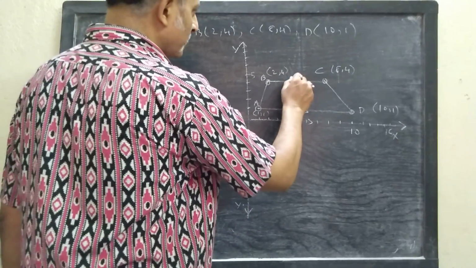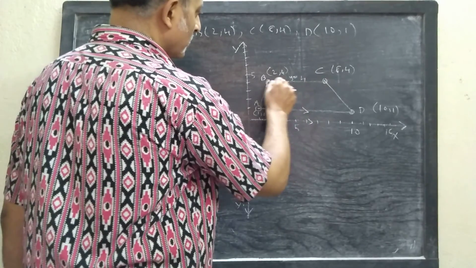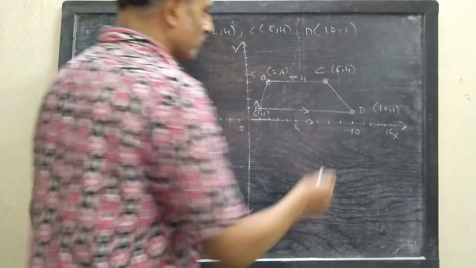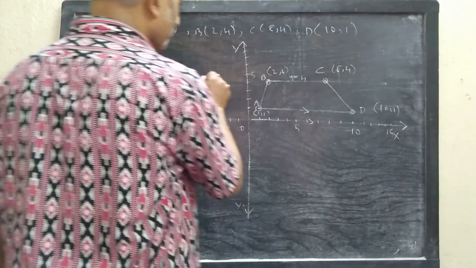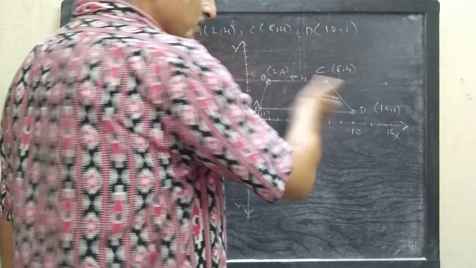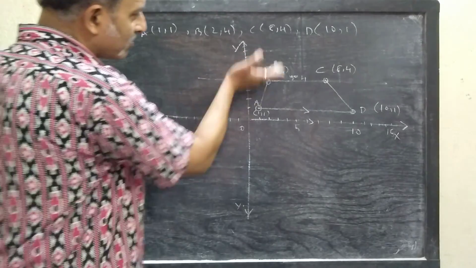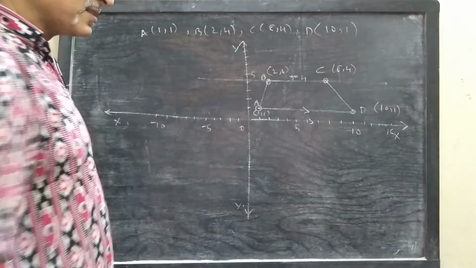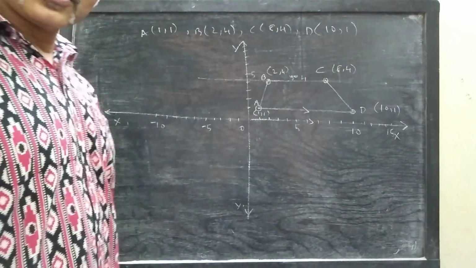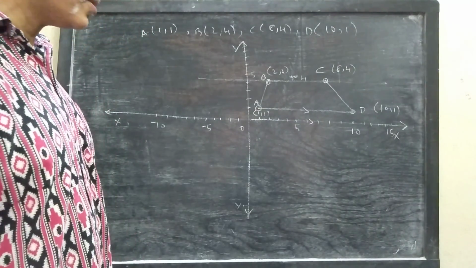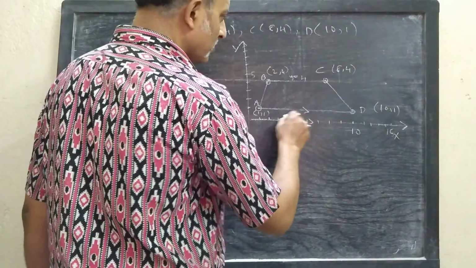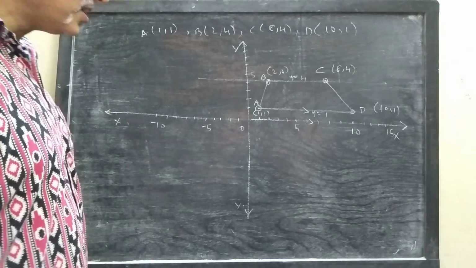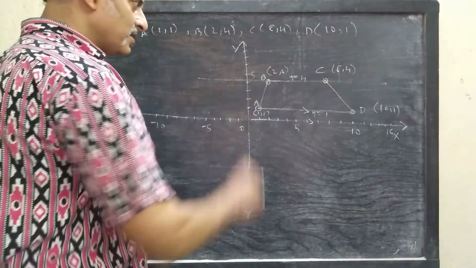Look, equation to BC you can write y equals to 4. Why? Because all the points lying on this line BC have the ordinate 4. You can extend it to infinity also. All the points lying on this straight line have a distance 4 units from the x-axis and they all lie above the x-axis. So the equation to the line BC is y equals to 4. In the same way, the equation to the line AD will be y equals to 1 because all the points lying on this line have their ordinate 1. So these two lines are parallel.